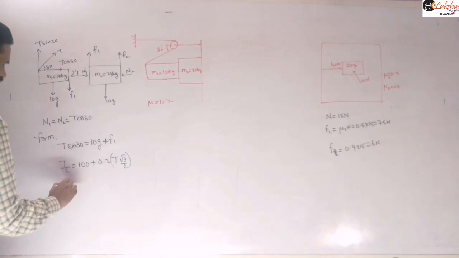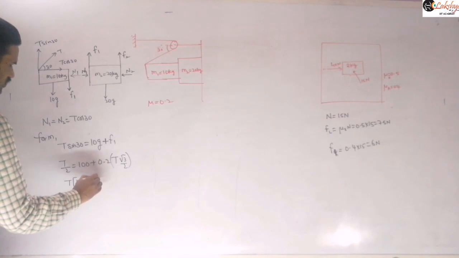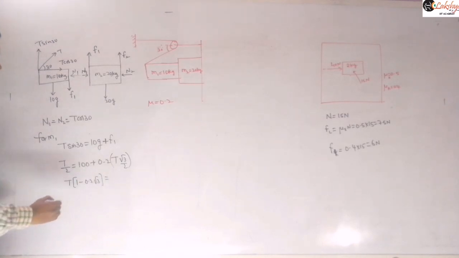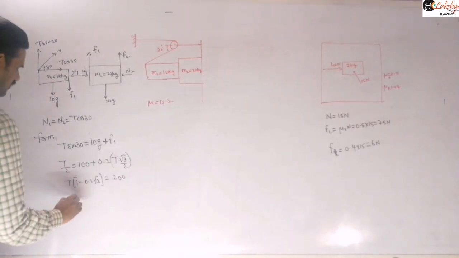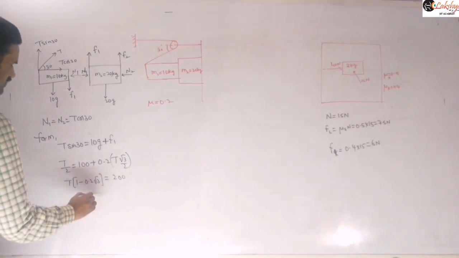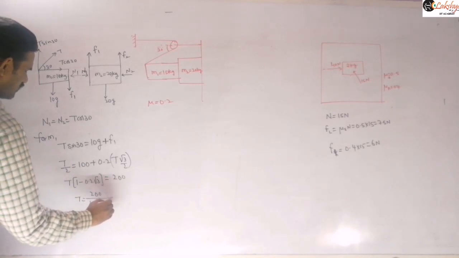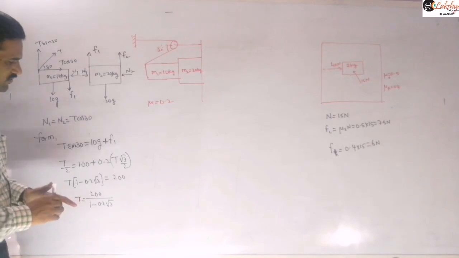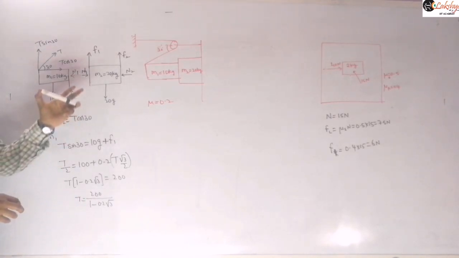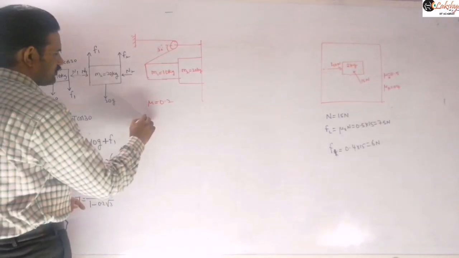Then T into (1 minus 0.2 into root 3) is equal to 200. When you simplify that, you will get the numerical value. Therefore, T is equal to 200 by (1 minus 0.2 into root 3), and that is the tension value. After finding the tension value, you can calculate the frictional force and then the acceleration. So now for M2,